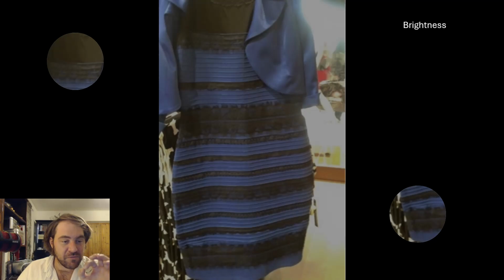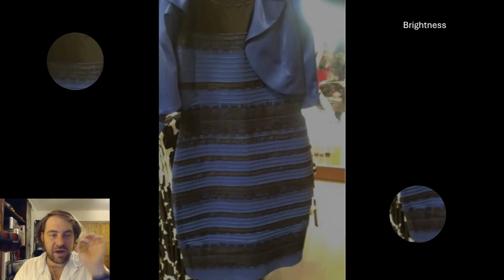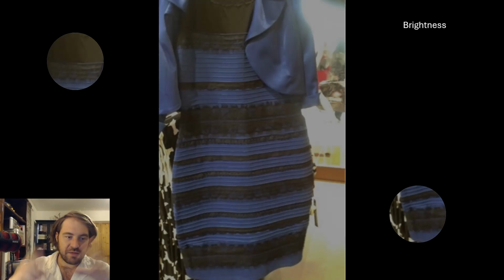Where your eyes landed first is going to dictate a lot about what color you see. So your eyes land somewhere first, you do the color constancy thing, then you do the hysteresis thing as you're taking in the rest of the image. And your brightness is set somewhere and your color is set somewhere so that your color constancy system can